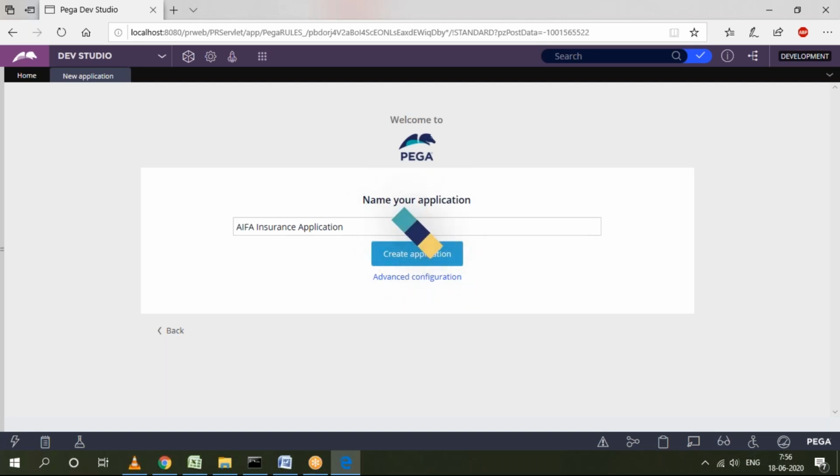But wait until this setup is completed. Don't close and don't refresh this window. Sometimes it may take more time, more than 1 or 2 minutes, and sometimes it can complete within 30 seconds. But until that setup is completed, just wait. Don't click and don't refresh the window. And once it is done, you will get a message, application successfully created.